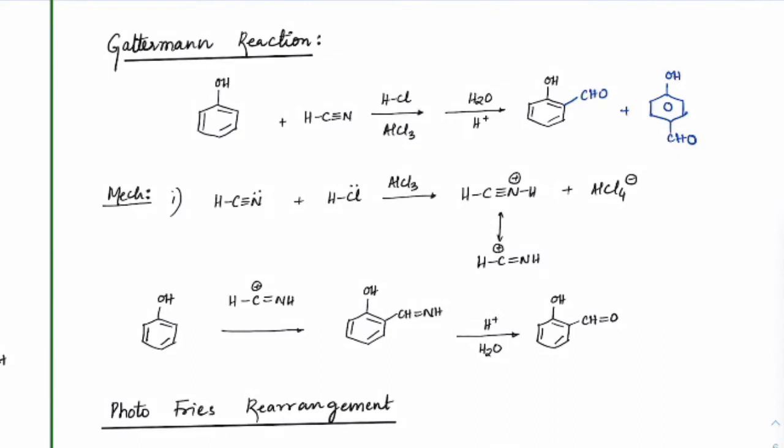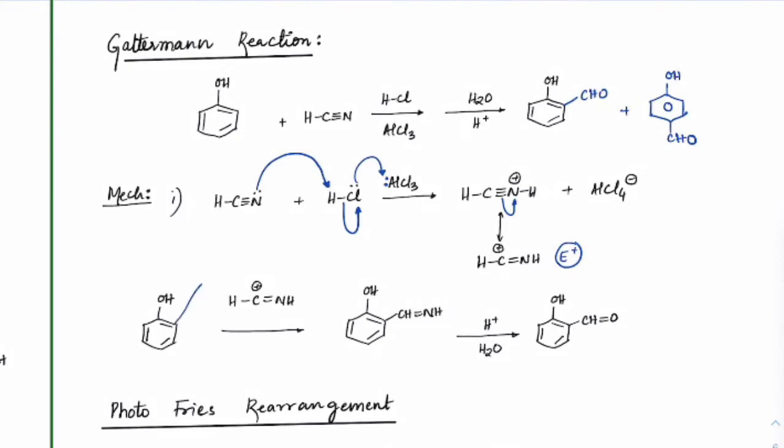Now see the mechanism. HCN being a weak acid, when you protonate this, the lone pair from nitrogen will be the one which will try to protonate it. Cl minus will leave, and to facilitate this, AlCl3 is helpful, which means Cl will attack on AlCl3, increasing the proton content, the lone pair will attack on H plus, and we will get this HC triple bond NH, which is resonance stabilized with this. As you can see, nitrogen can take lone pairs and carbon would have sufficient positive charge to act like an electrophile. So this will act like an electrophile.